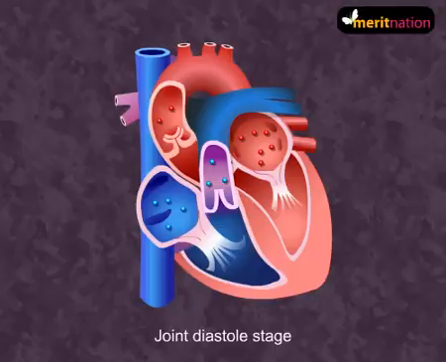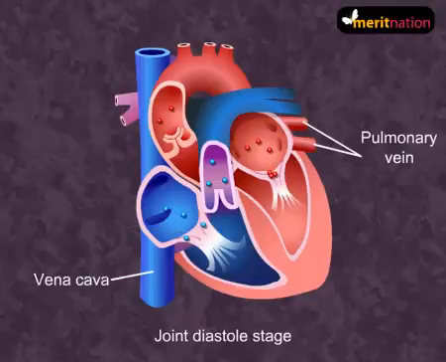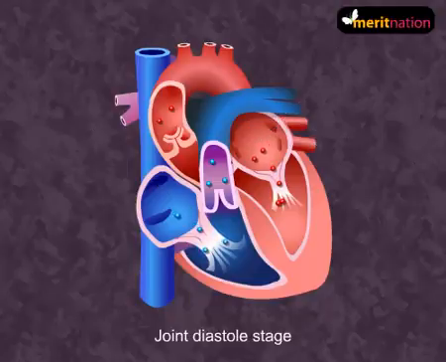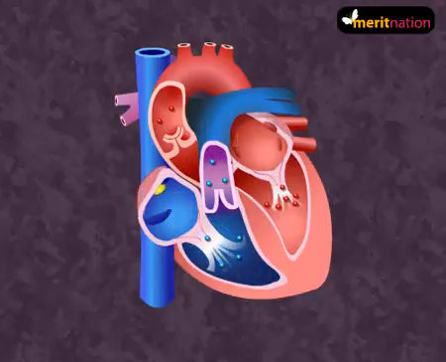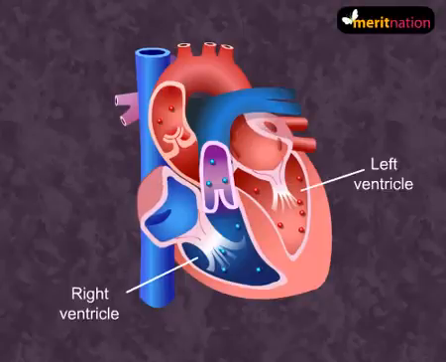Now you will observe here that the bicuspid and the tricuspid valves are open. So what will happen? The blood will flow from the pulmonary vein and vena cava to the left and right atrium respectively. Right? Now, the atrial systole is initiated when the SA node sends out an electric signal. During atrial systole, the atria undergo a continuous contraction which forcefully passes the blood into the ventricles through the tricuspid and